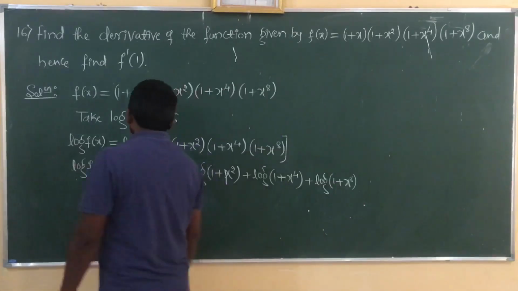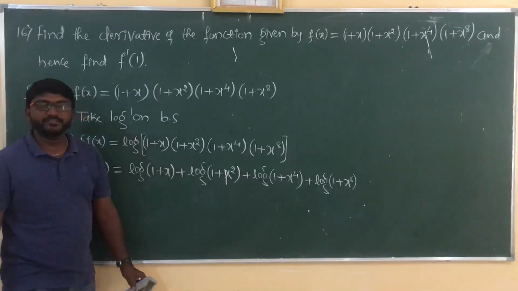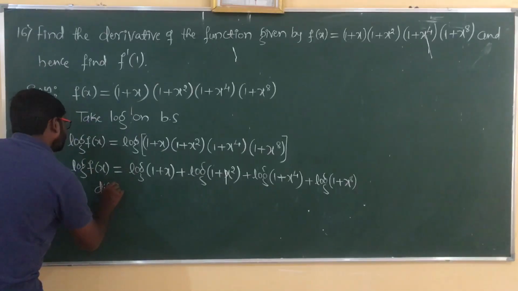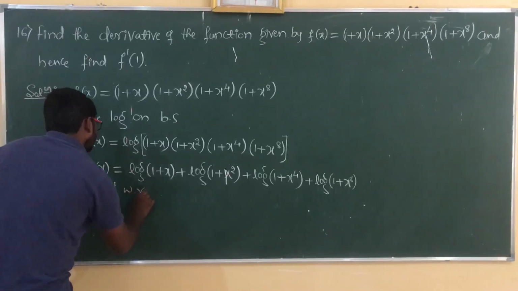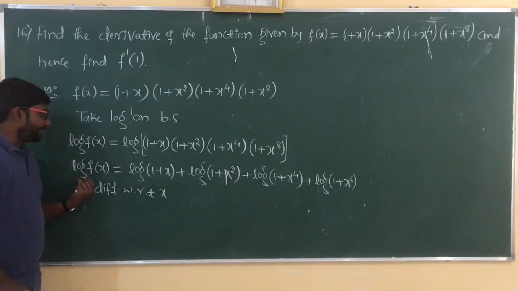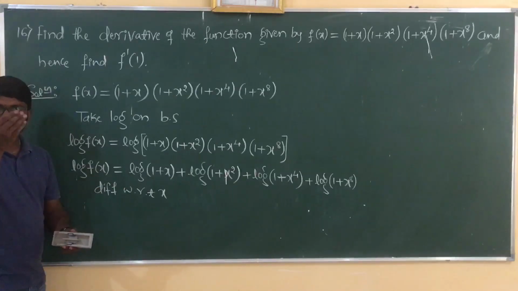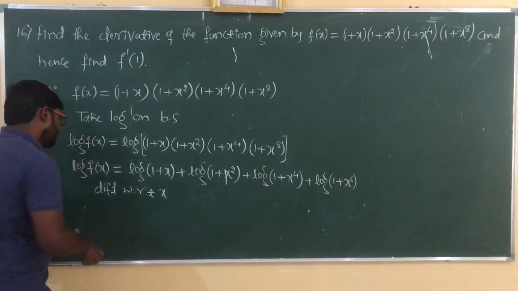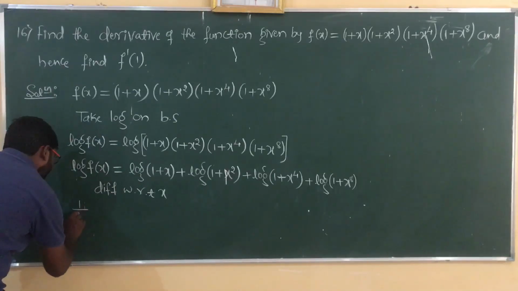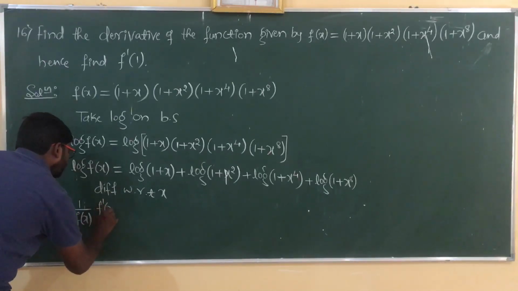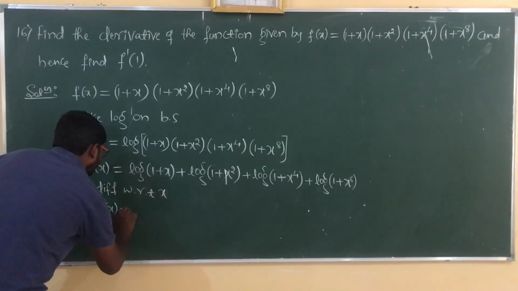So now we have to differentiate both sides with respect to x. Differentiate with respect to x. What is the derivative of log f of x? It is 1 by f of x into derivative of this will give us f dash of x. 1 by f of x into d by dx of f of x will give us f dash of x, which is equal to, now